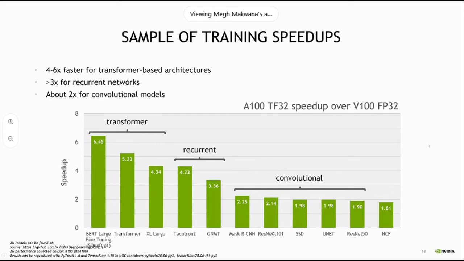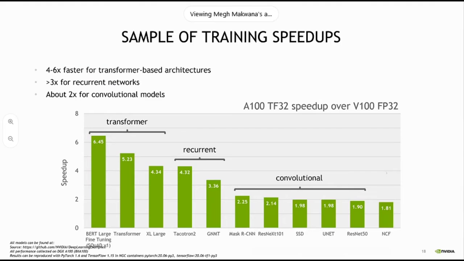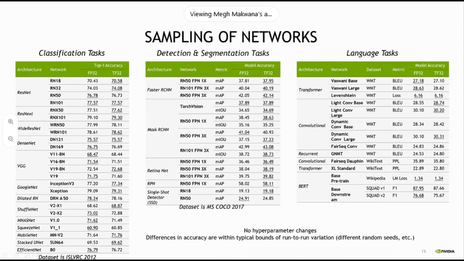These are some of the numbers. Does reducing the precision affect the accuracy? Great question. So just to justify that, when we go from floating point 32 to TF32, you'll notice that the top one accuracy is still almost similar. We have done the benchmarking across different architectures, from the classification architectures to detection, segmentation, as well as the language architectures. And you'll notice that the performance numbers or the convergence for TensorFloat 32 is almost very similar to that of